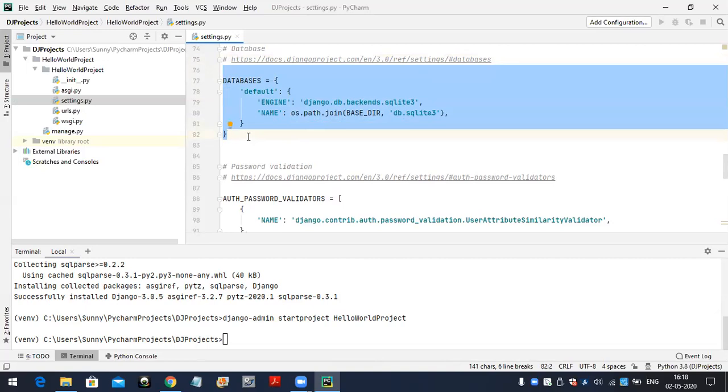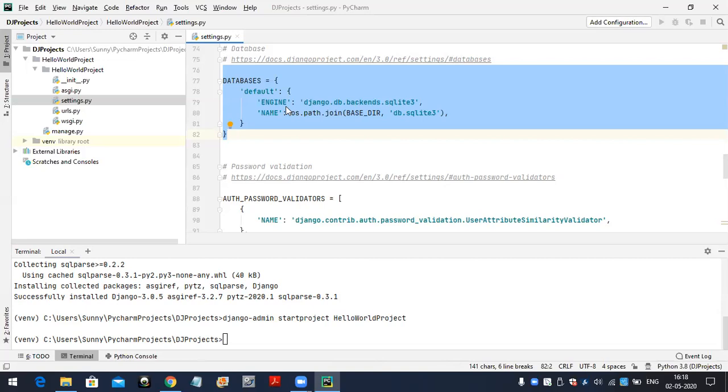If you want to change the database, we have to change the database details. If you want to work with Oracle, we have to provide the Oracle database information. If you want to work with MySQL, we provide MySQL database information. If you want to work with Sybase or any other databases, we have to provide the corresponding database information